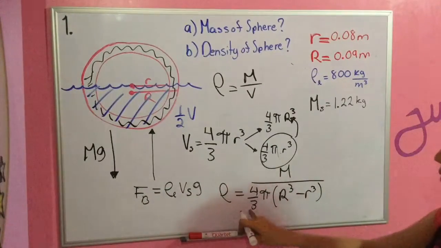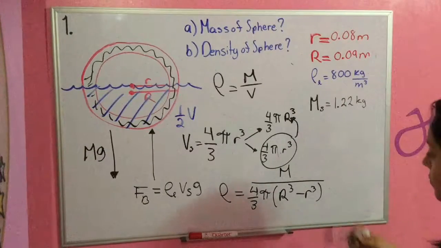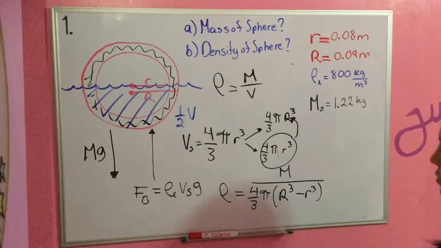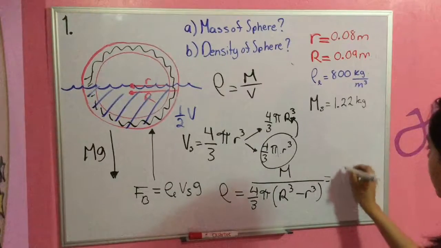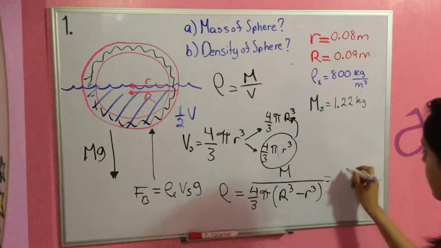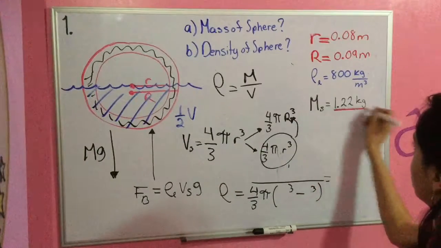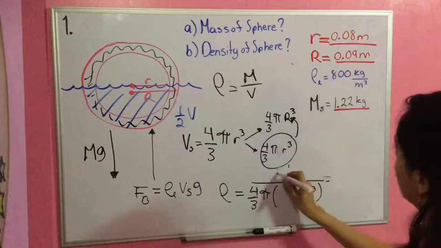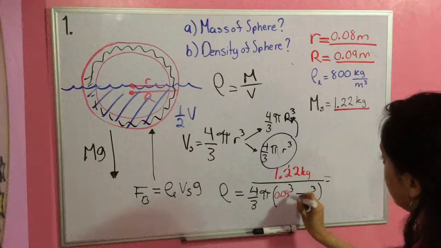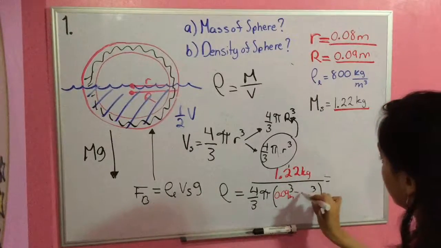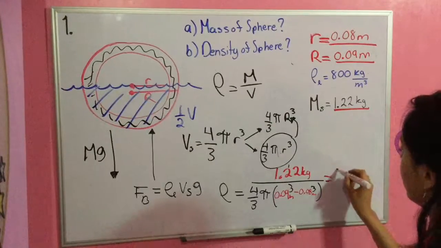See, I only took out this part because it's a common factor, and there is the subtraction, and we already have the mass. I erased it. Now we only have to substitute these values. 1.2 kilograms over 0.09 meters, and then 0.08 meters cubed. And this may give you